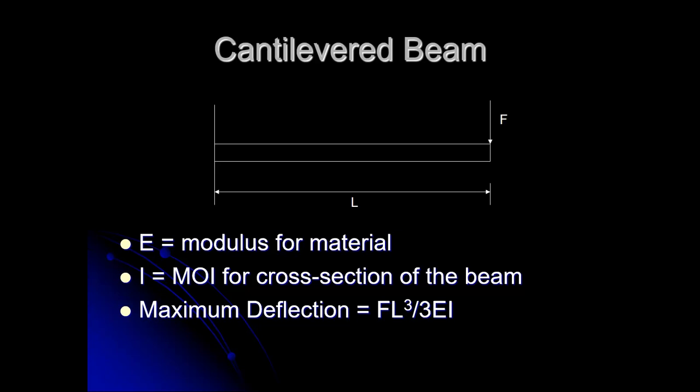supported beam. So that means if lower deflection is needed, we need to go to stiffer materials, or we need to go to shorter lengths, or we need to go to less force, or we need to go to a moment of inertia that's bigger. So let's see if that works out here in our